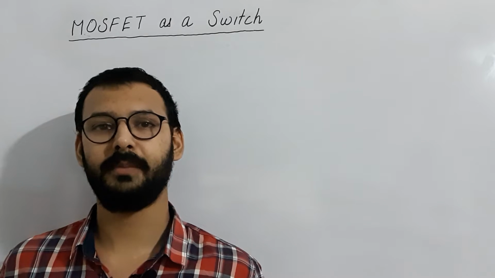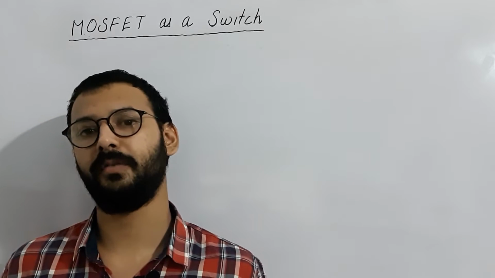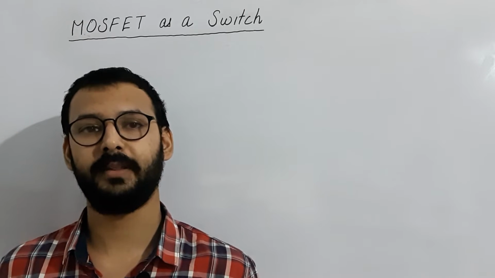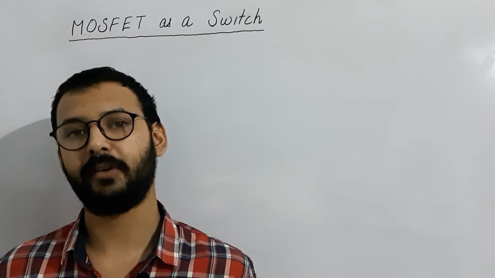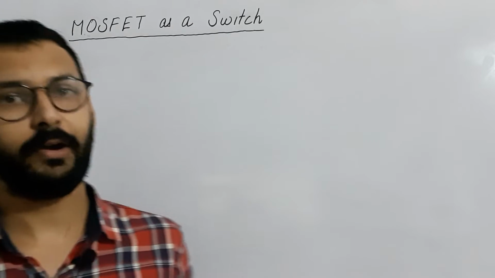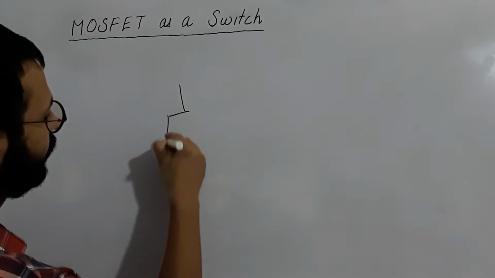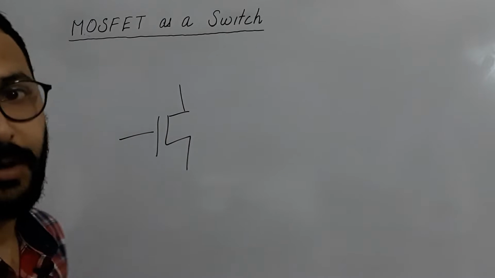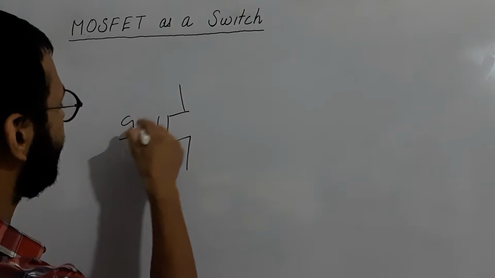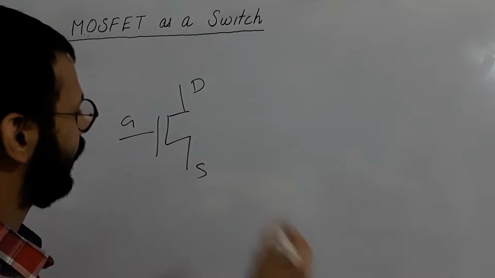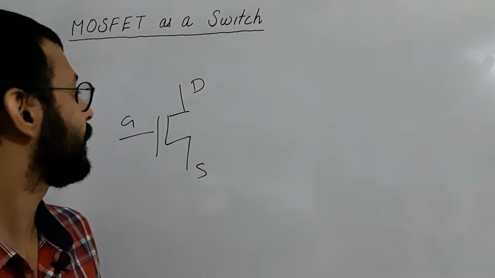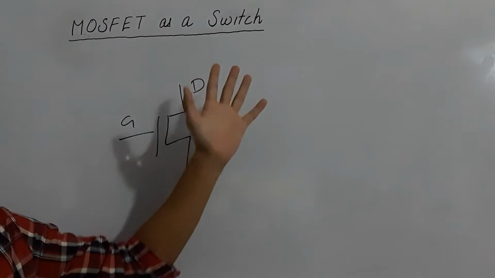As we know, all the microprocessors and all the chips are built up of millions of transistors, or we call them MOSFETs. MOSFET is a metal oxide semiconductor field effect transistor. If I talk about the basic symbol of MOSFET, this is the symbol. We have three terminals: gate, drain and source. These are the three lumped elements we have. The second point is the switch.